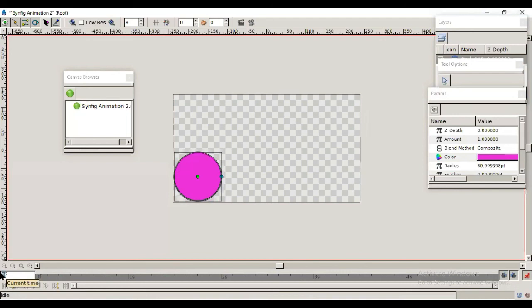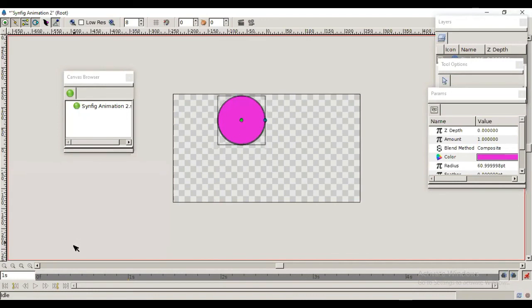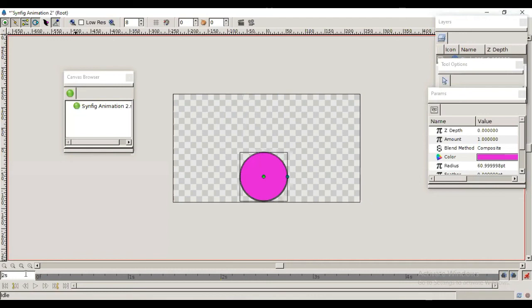Now make it 1s. For example, after 1 second where I want to place it. Now 2s. Then 3s, after the third second.